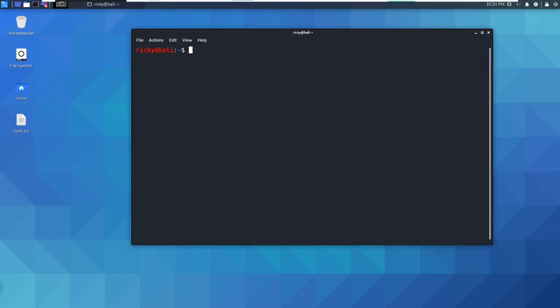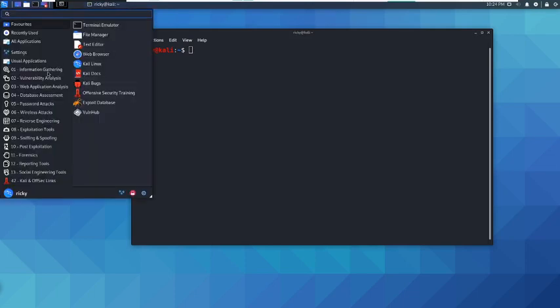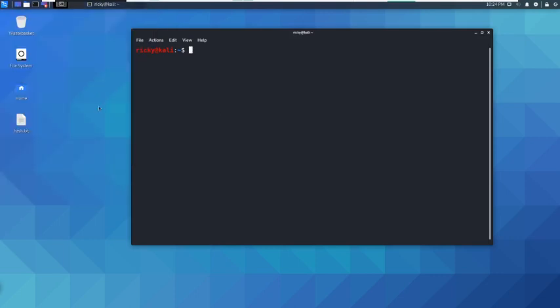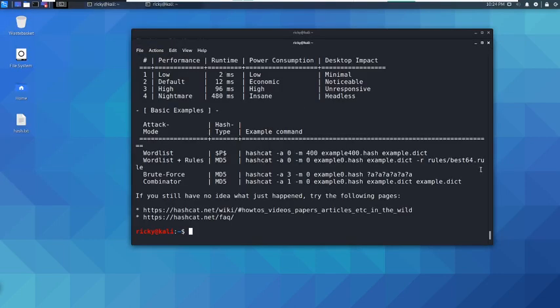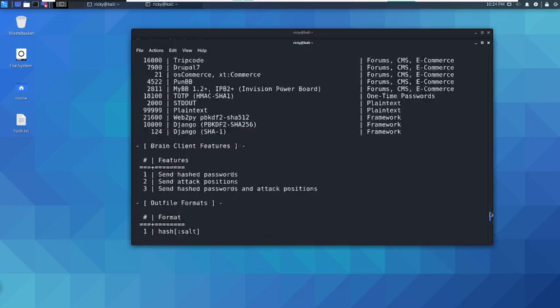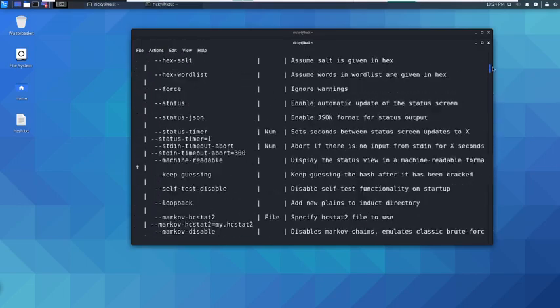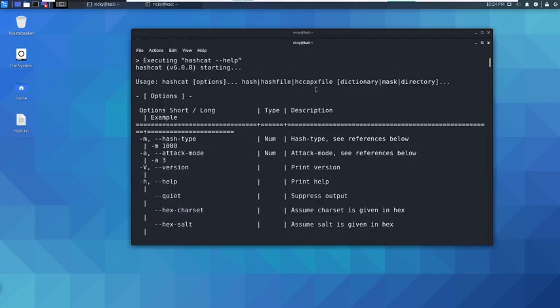Hashcat is a totally unique tool in password cracking. It has versatility. It's a totally different tool to crack passwords, so you will learn more and more. If you see my screen here, we will use the password attacks menu and open Hashcat. When you open that, it will display all the help and man pages of Hashcat. The main thing is what options you have to use.